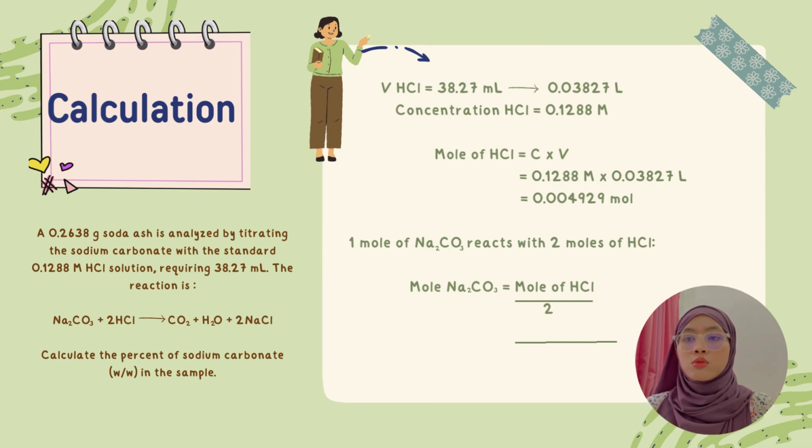So first we need to find mole of HCl, which is concentration times volume. So we key in the value and we get 0.00499 mole. Second is we need to find mole Na2CO3. 1 mole of Na2CO3 reacts with 2 mole of HCl. So we need to divide by 2. Mole Na2CO3 equal to mole of HCl divided by 2. Then we got the last answer is